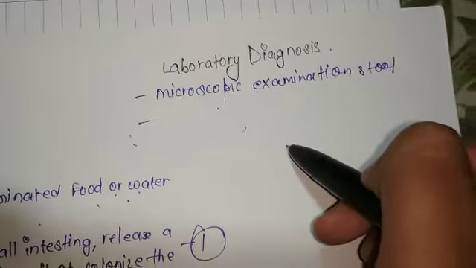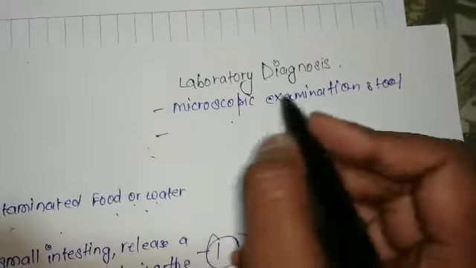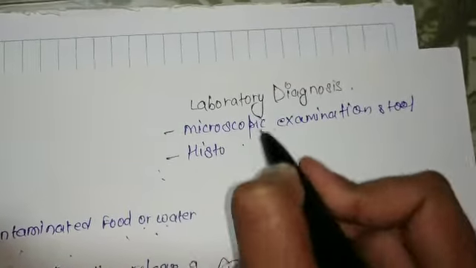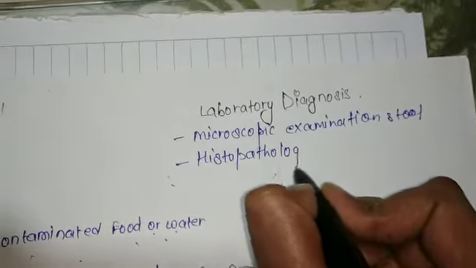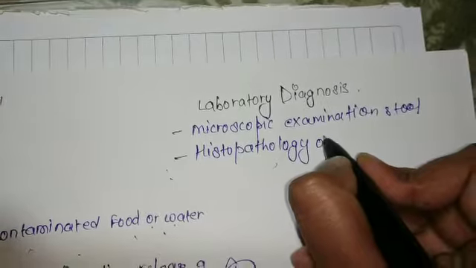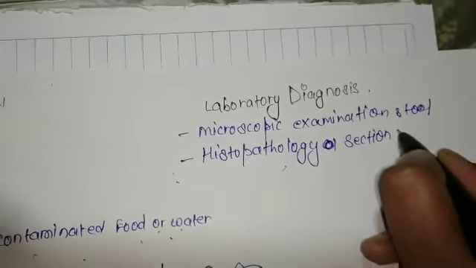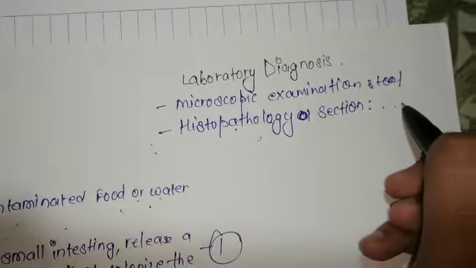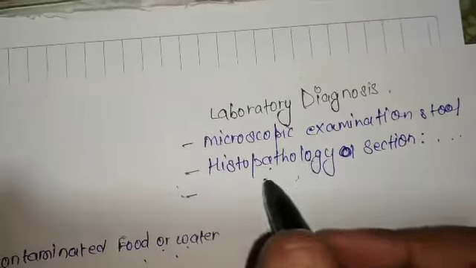brain. The biopsy sample is subjected to routine histopathology, so they can do the histopathology sections of a liver, lung, or brain biopsy sample. And third, they can do the Giemsa stain,